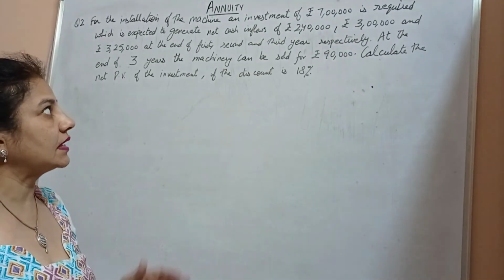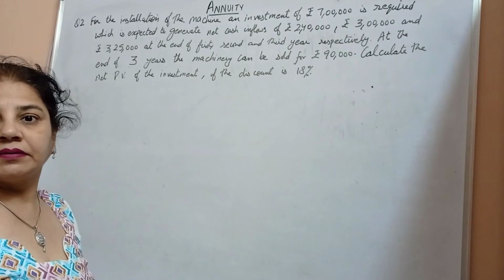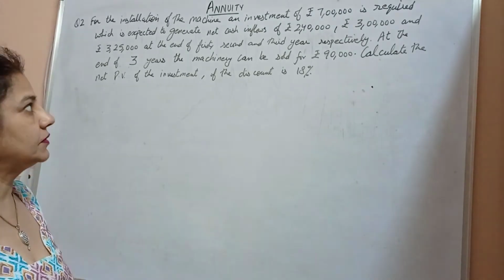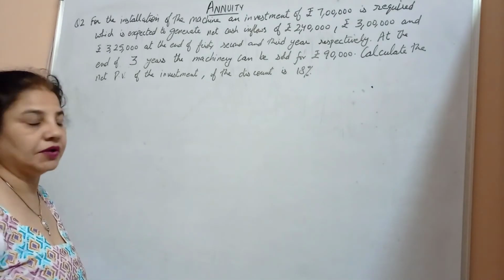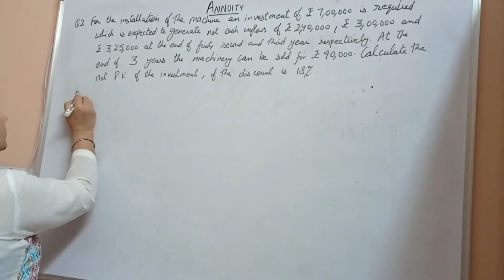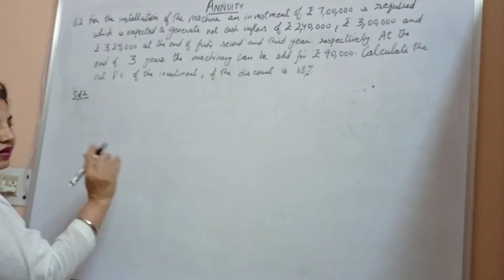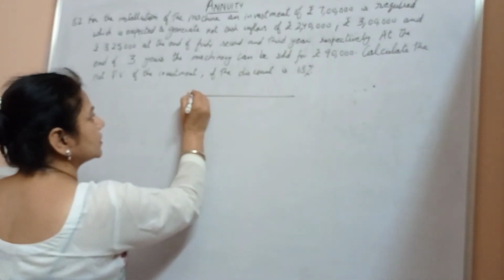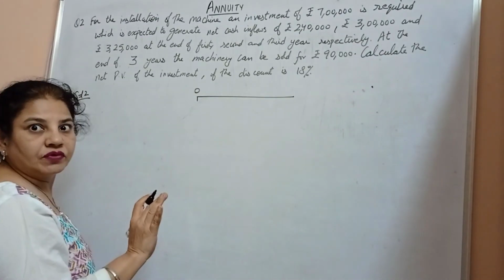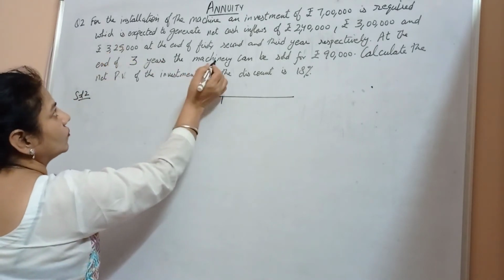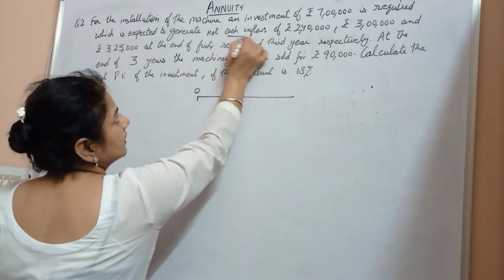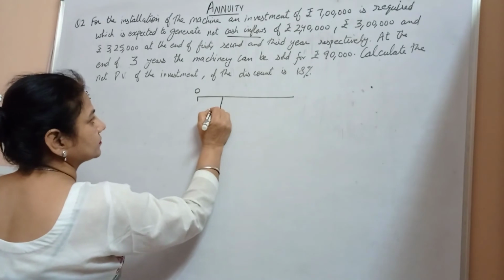Now in this case, there are three different payments. One is 2,40,000, 3 lakh and 3,25,000. So to solve this, first of all, we make a flow chart. In the initial year, there is no investment. In the second, the cash inflow. In the second year, the net cash inflow is